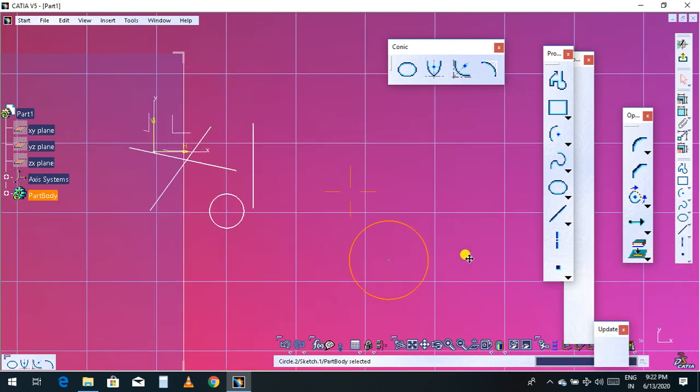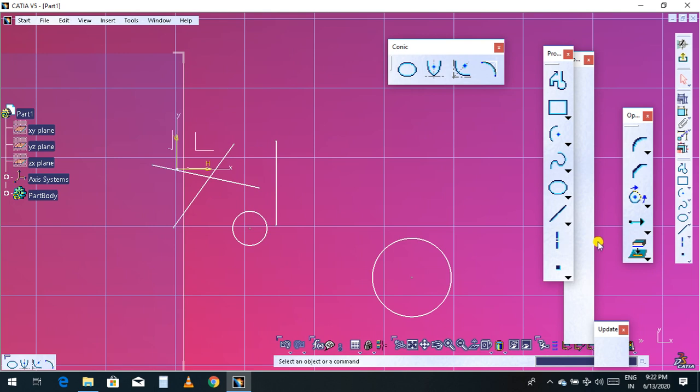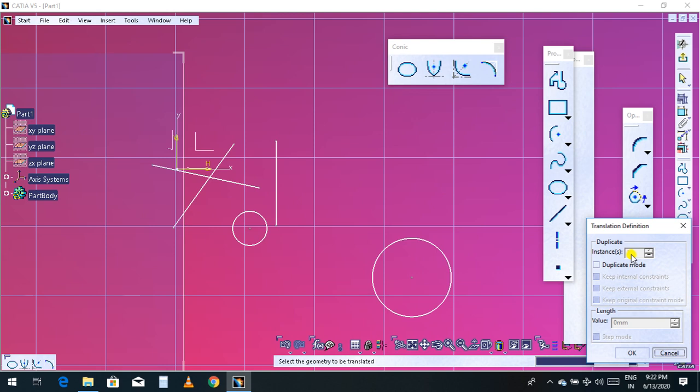So I'll give you another example. Now just choose this translate, and I'll give one and duplicate. Now choose this circle. I'm going to choose this center of arc, the center of the circle, from this point. This is the base point. Click this. Now you can move and put it there, or else you can give a value directly, the coordinate value, or by default, randomly, or through the mouse you can move.